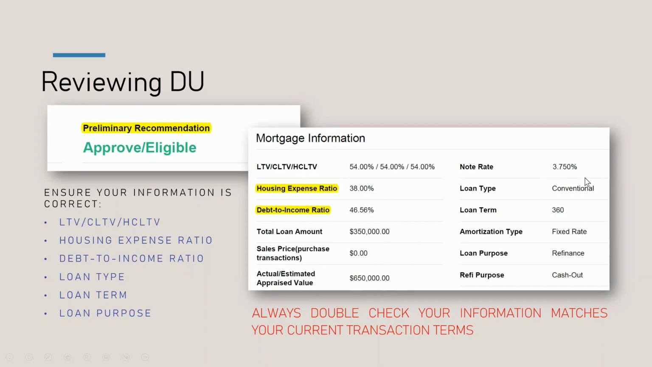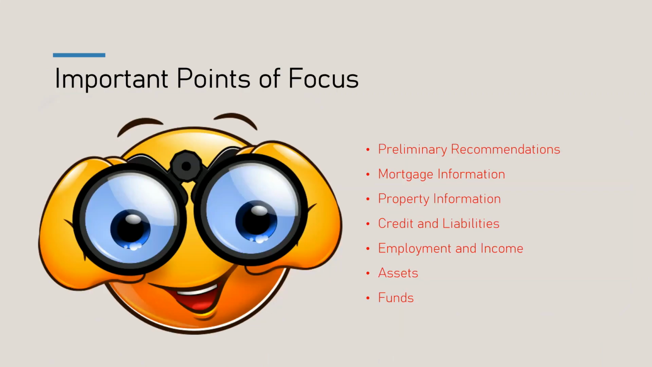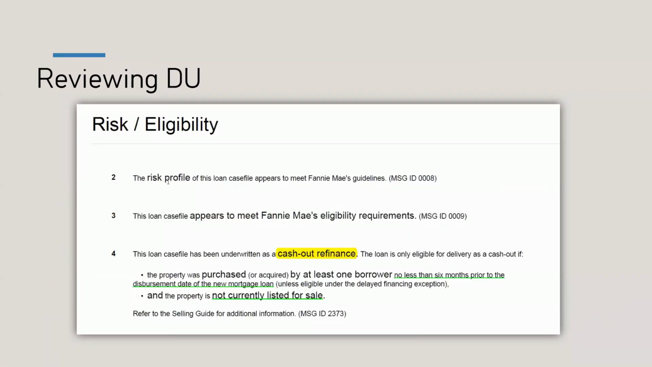Also make sure your loan type is correct, your loan term is correct, your loan purpose is correct, and your note rate. So you always want to make sure you're taking a look at all that good stuff. We're going to be focusing on preliminary recommendations, your mortgage information, your property information, credit and liabilities, employment and income, assets and funds. So that's what we're going to be focusing on whether we're looking at DU or LP. So first and foremost, under your risk eligibility, you want to take a look at